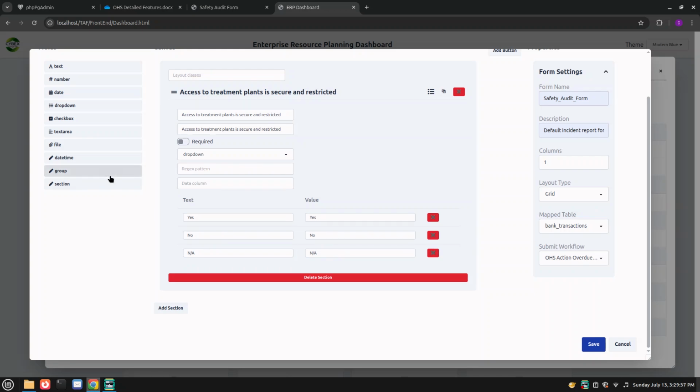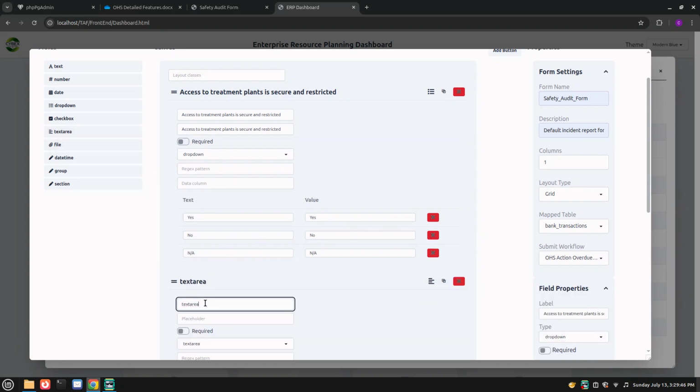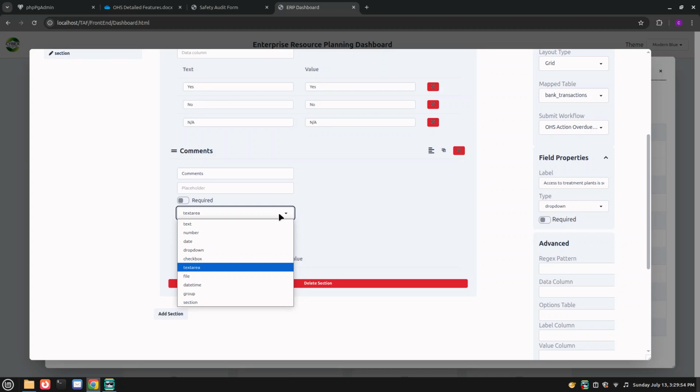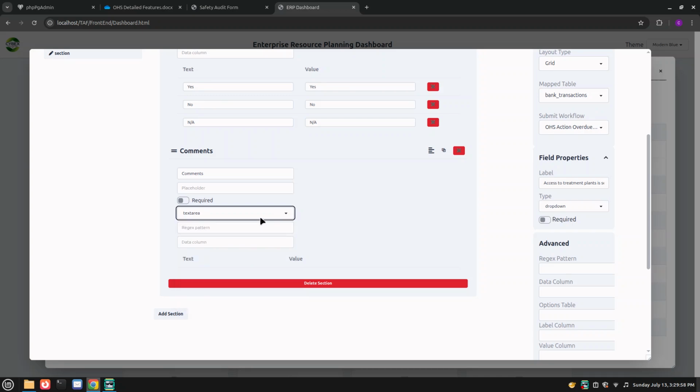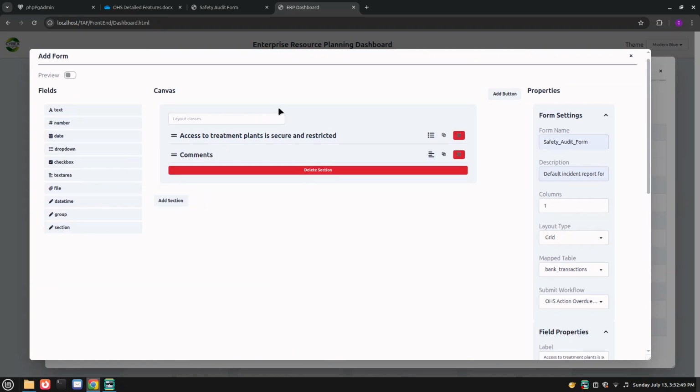Now I will be adding another field of text area, which will be the comments field. I'm going to change this into comments, and I will choose this text area as a text area. Now as these fields have been added